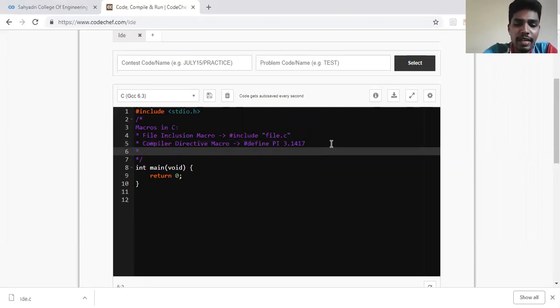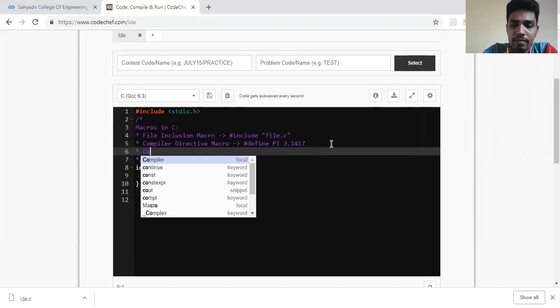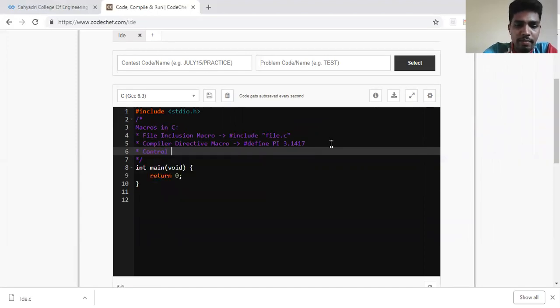The third category is control directives. There are various control directives which are provided in C with the help of these macros. Some of them are hash if, which works similar to our if construct. We have hash else, which is similar to our else construct.